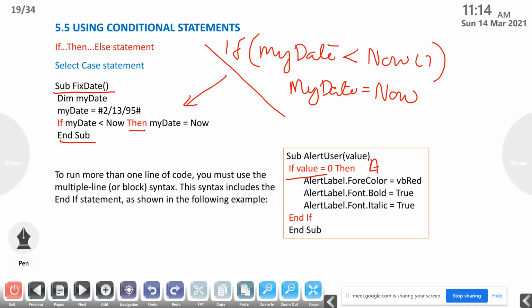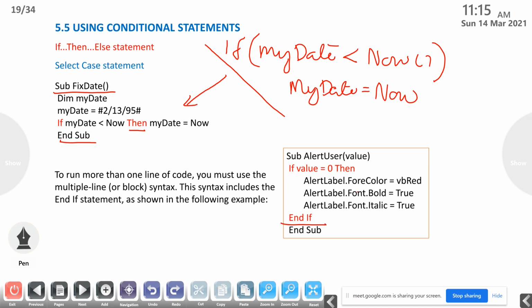For example, if value equal to 1, then alert label dot focus for color equal to, like that you can use it. But if this condition is true and we are using more than one statement, you have to use an End If.